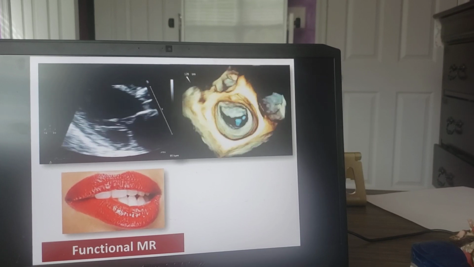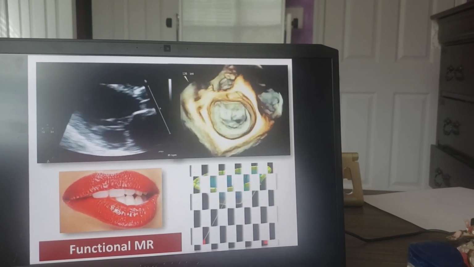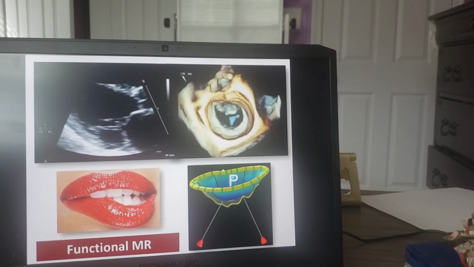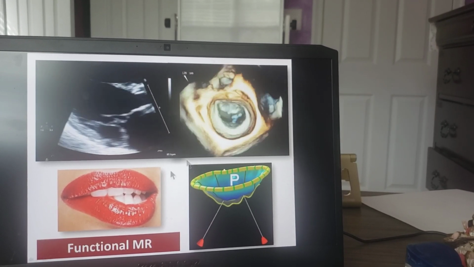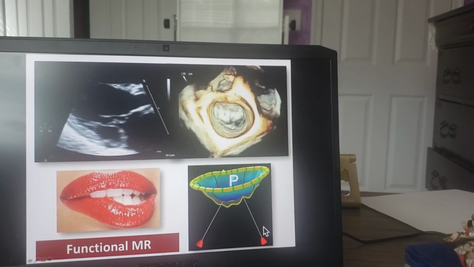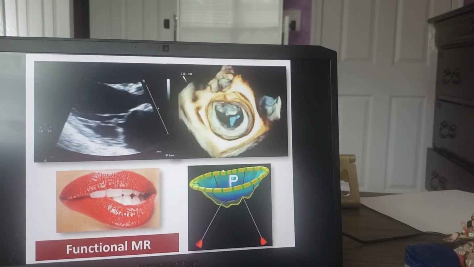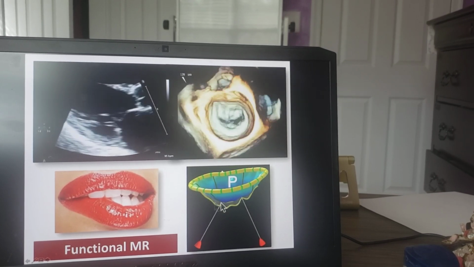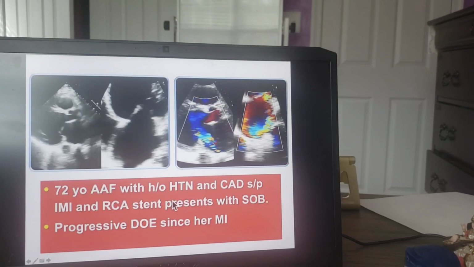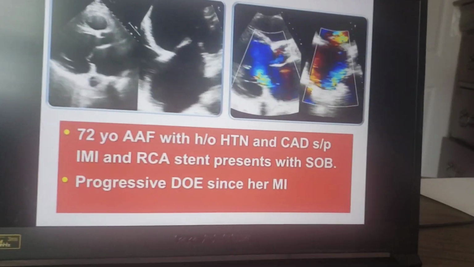So this is for you to remember functional MR in a patient with ischemic mitral regurgitation. And the morphology is that the mitral valve is dilated and flat. You can see that there is a displacement here of both papillary muscles because of the remodeling. And as a consequence, the coaptation of both leaflets is massively reduced. Let me show you now a case of a 72